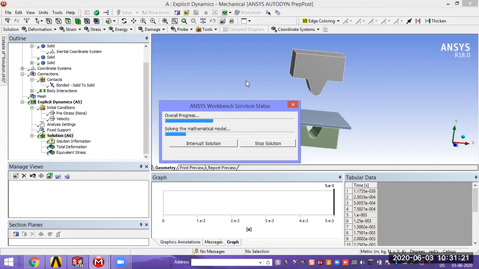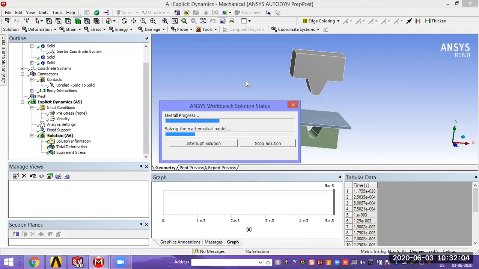You can find out what stresses are involved in that sheet, and how much maximum deflection is coming. If the plate is 5 mm thick, then how much deflection? Maybe 2 mm deflection means something is wrong. If 1 mm displacement is there in the sheet, there is no problem. Above 1 mm means there is some problem, so we are going to decrease the velocity of the punch. Like this, we analyze how much maximum force we can apply. That velocity you can convert to a force. It's very easy: F equal to mv square.